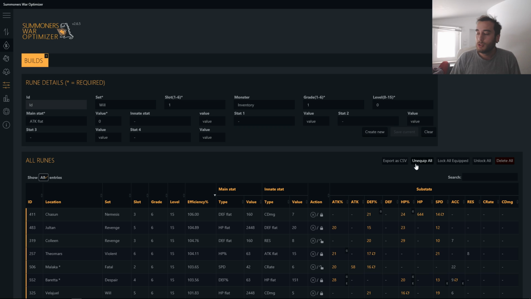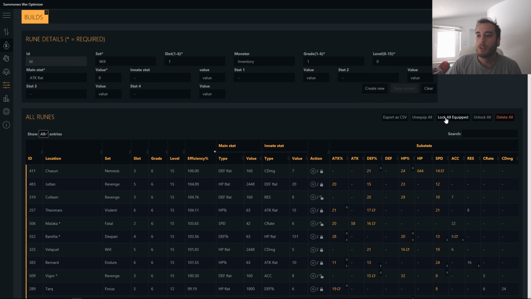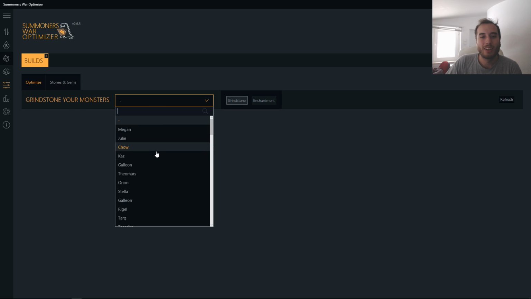So what this lets you do is you don't even have to be logged into the game. All you do is just unequip all or lock all equipped. Unequip all, and then you go to the other tabs and you fix the sets. You can also lock all equipped. What this does is, we'll explain it later. Unlock all, it's if you're gonna do a complete overhaul, I suggest you click this, and delete all, which, come on. Now the grindstone stat,